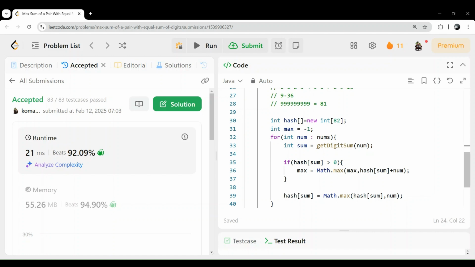So that is a different thing. But in this video, I explained the question using the hash array. As we know the size, why can't we use a hash array? If we don't know the size, then we can use a map.